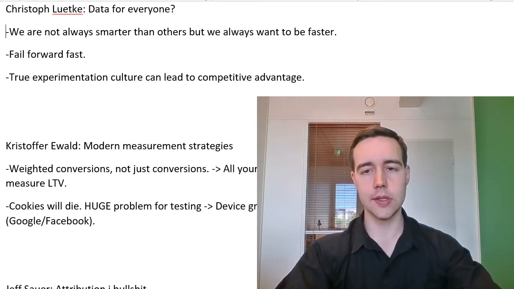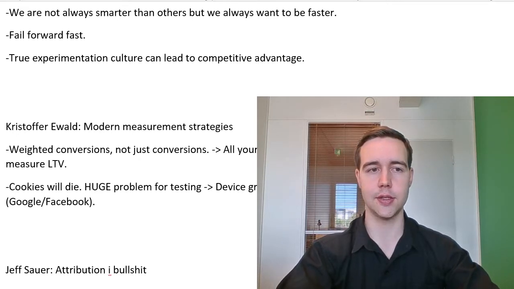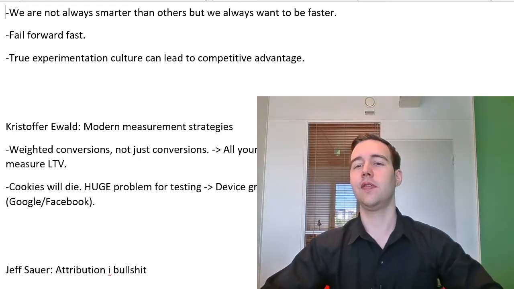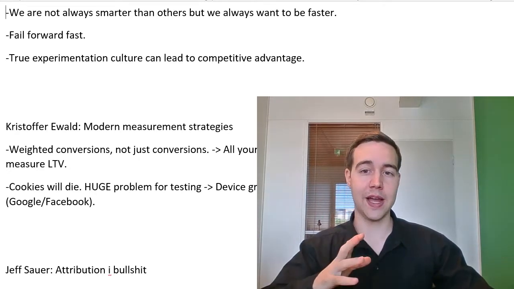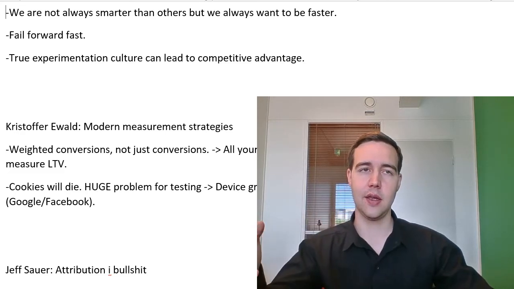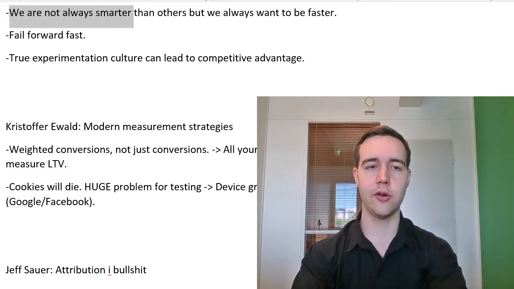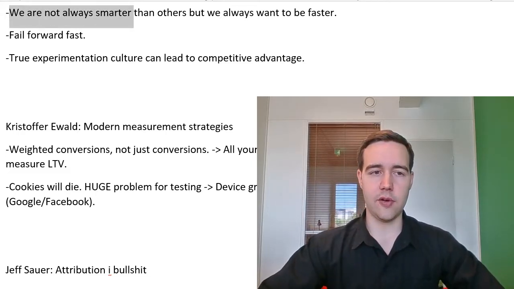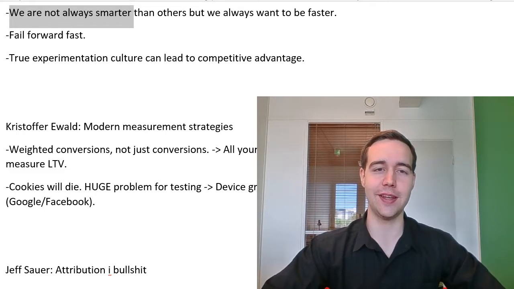So the first step is to admit that you actually don't have all the answers. And that's counterintuitive. If you want to succeed fast, you probably think that you would need to act fast, do every type of thing. And while you do, oftentimes this process involves a lot of learning. So just admit to yourself, we are not always smarter. We don't have all the answers. Other people, generally, if you look long enough, you will find somebody that is smarter than you.